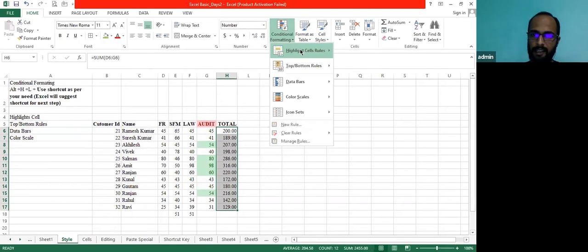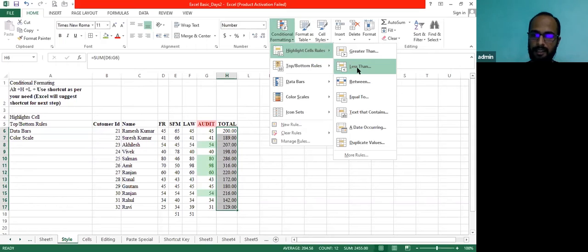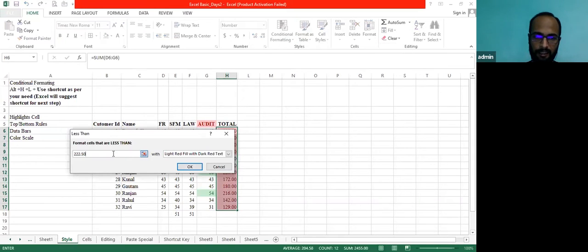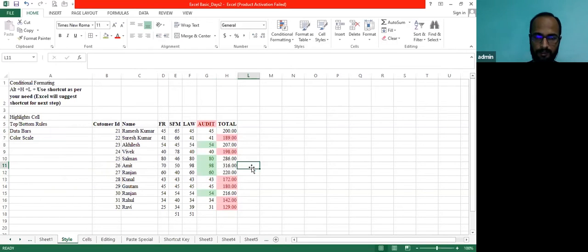Conditional formatting, I am setting rule less than 200. So you can see in column number G, we have also some other condition, and in column number H, we have different conditions. So now I want to clear all these rules. Whatever rules I have implemented, I have applied in this sheet. I want to clear all these rules.